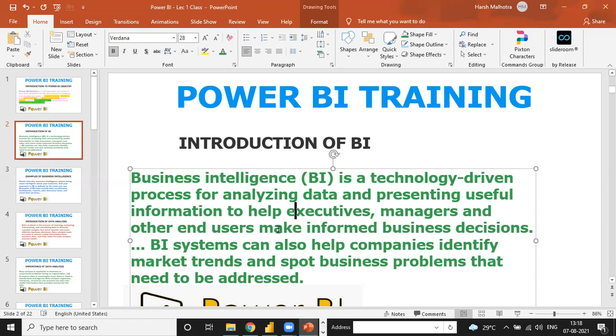Then you make the changes in Excel, like you have to remove some of the rows, or add some of the columns, or make some calculation using Excel functions like VLOOKUP, XLOOKUP. But in Power BI, you don't need to remember this kind of function. You just remember some of the steps, clicking on it, and directly you only need to remember a few small functions. So in Excel, suppose you need 5,000 functions, in Power BI you need only 100 functions.